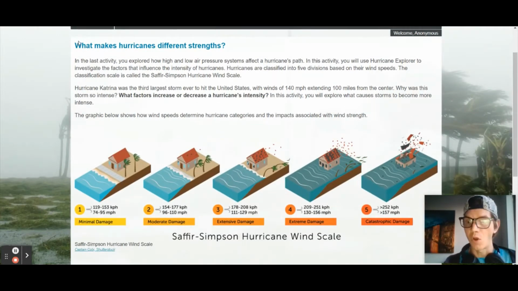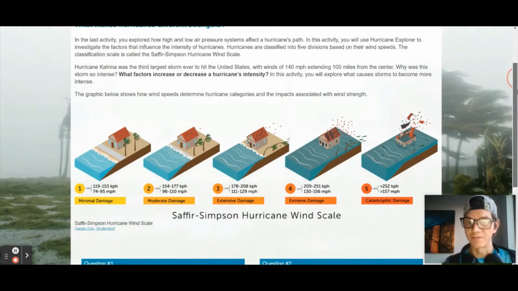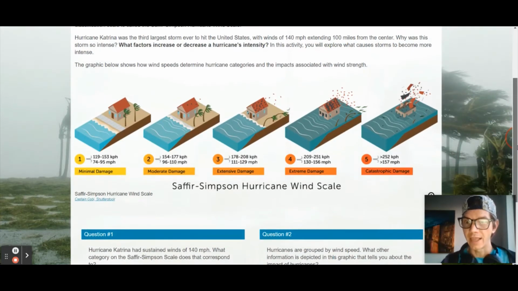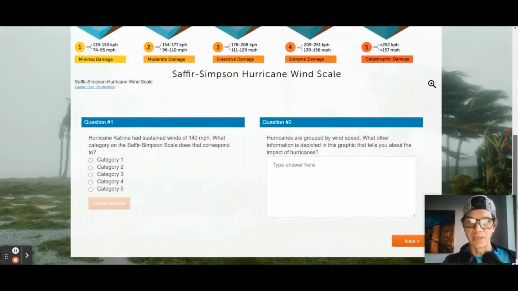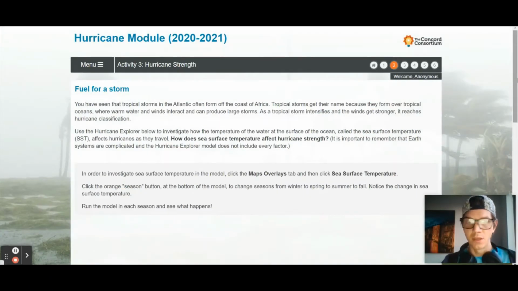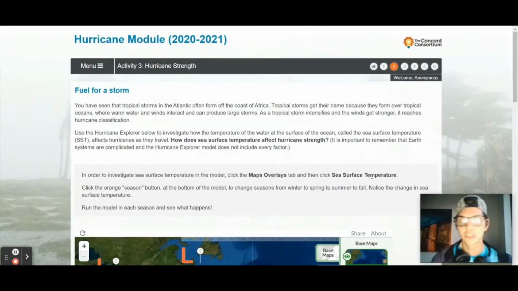Again, I would pause this video and read through this information, but this section is going to go over how we determine hurricane category strength, which is based on wind, and then there's a couple questions to answer based on that information. Section 2 is fuel for a storm, where we're going to be investigating how sea surface